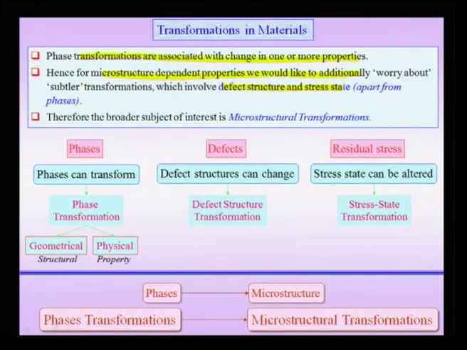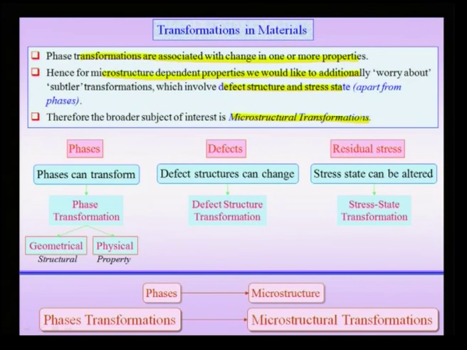Therefore, from a property perspective, when I am talking about transformations in materials, I need to worry about the defect structure, the stress state, and also the phases and their distribution, and this implies that I have to deal with a broader subject known as microstructural transformations,